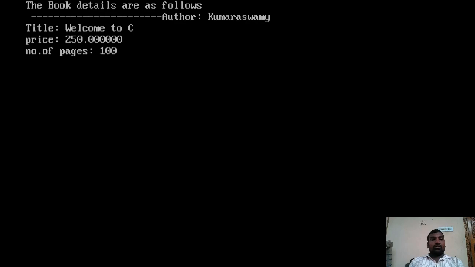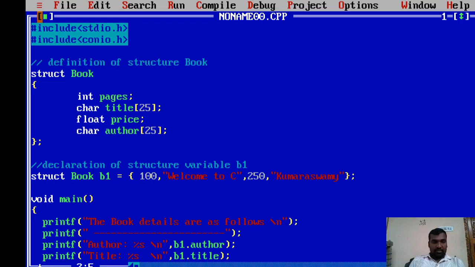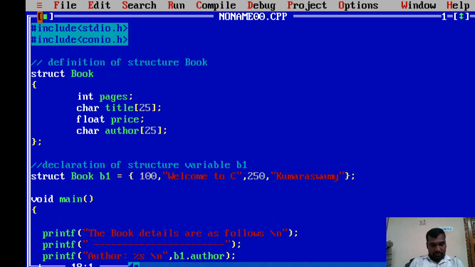Sorry, here I'm trying to use the clear screen function, and here I need to use \n so that a new line will appear.